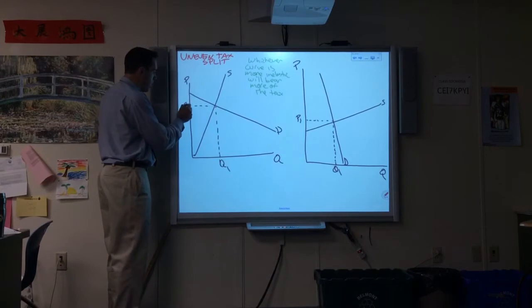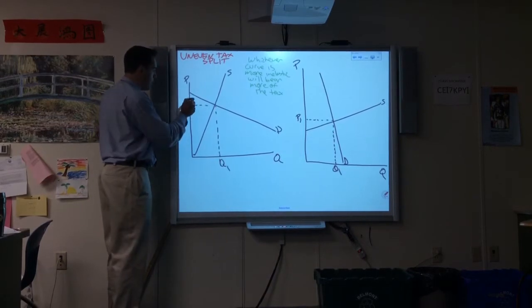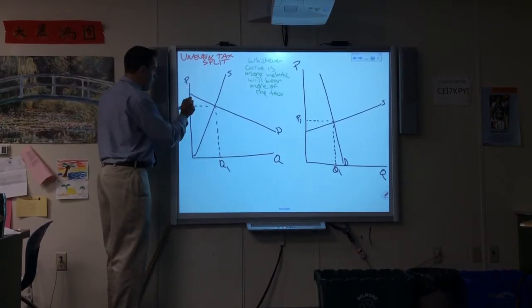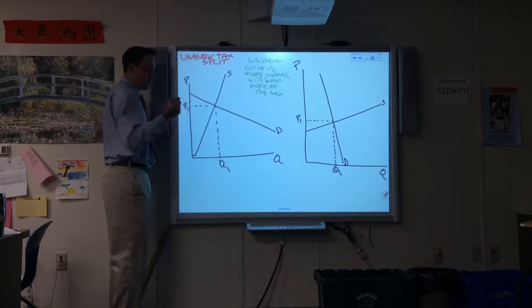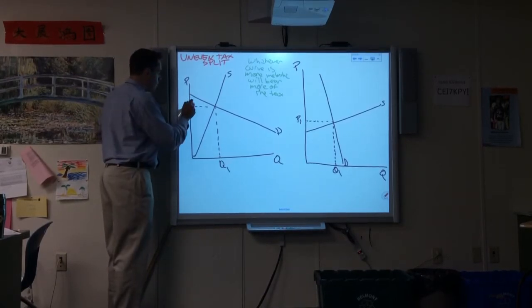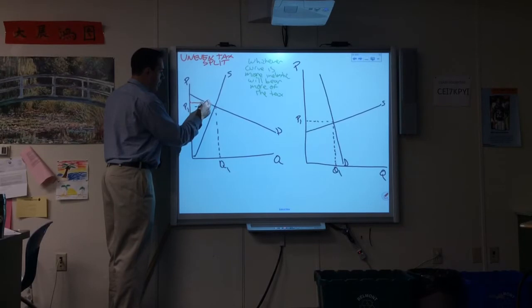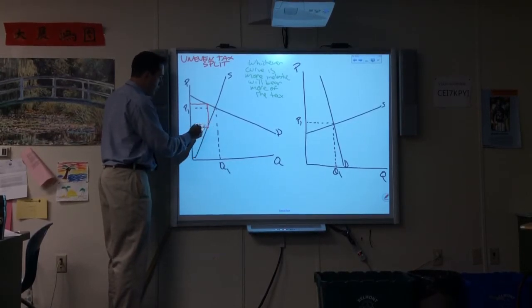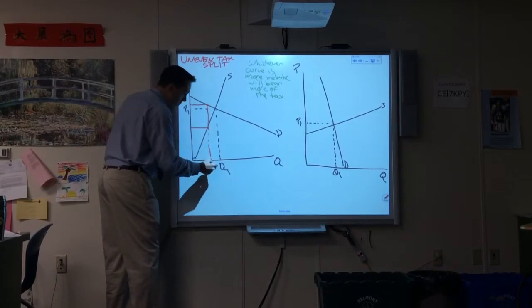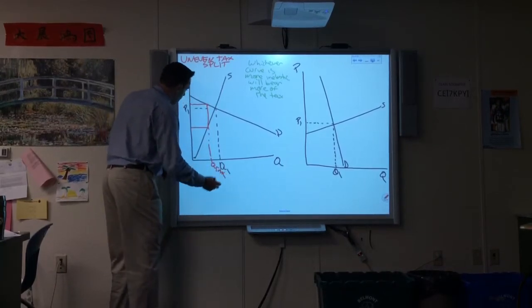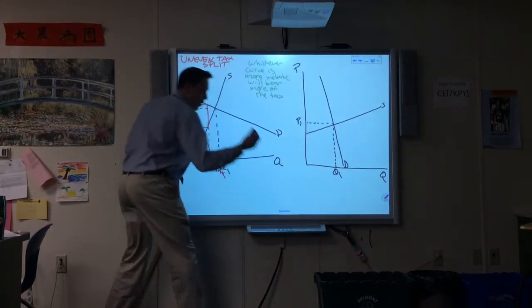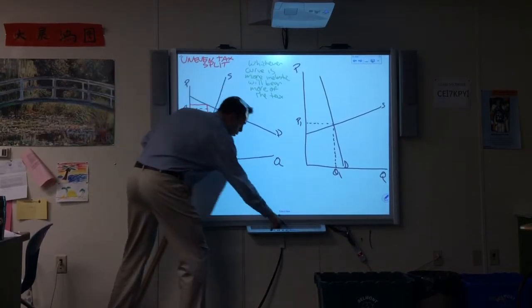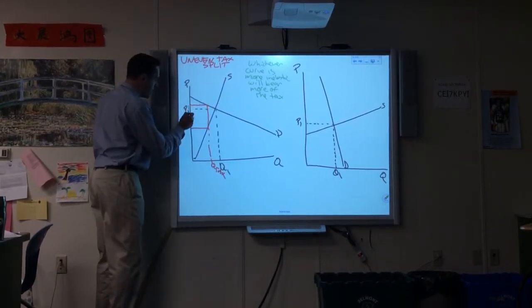So I'm just going to go above my equilibrium price and I'm going to arbitrarily pick a price and say this is the price consumers are going to pay. I'm going to go over to the demand curve, I'm going to go down to the supply curve, and I'm going to go over. This is going to be my quantity of tax. And we can see the producers, if this whole green line is my tax,